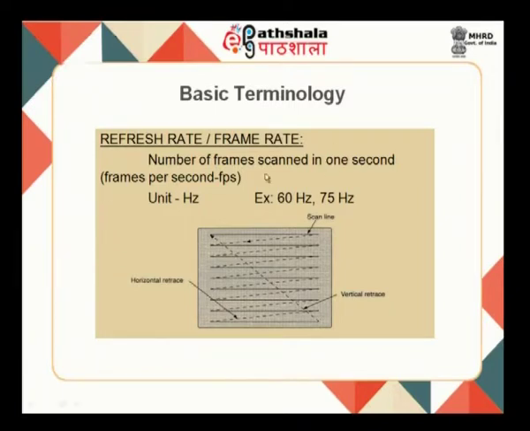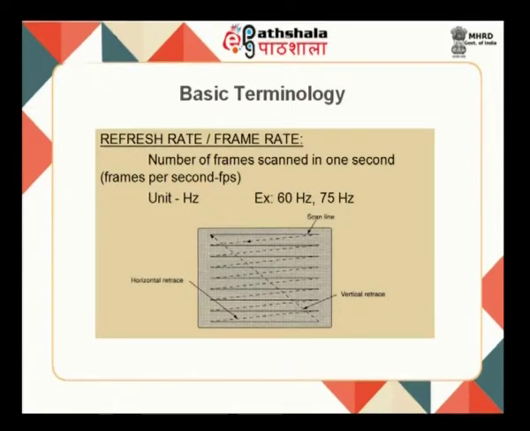so that the screen is again redrawn from the top left corner. This is how there is horizontal scanning, and at the end of the frame it is vertical scanning. Again the position of the cursor starts from here. So the screen is redrawn again from the top left corner. That is how a screen gets redrawn. This is called refresh rate. The screen gets redrawn 60 times or 70 times or 75 times in a second, which is